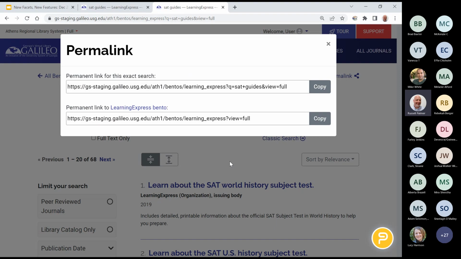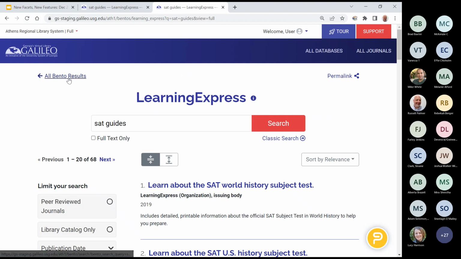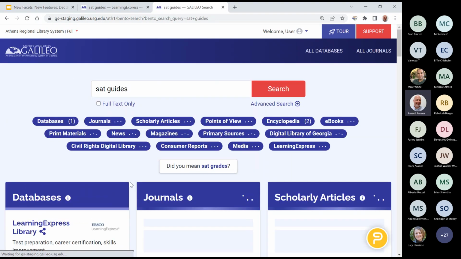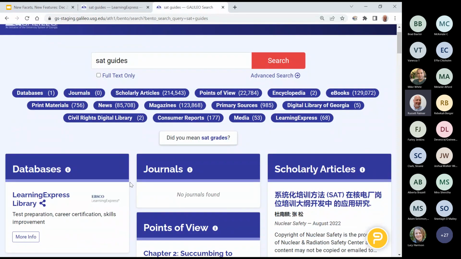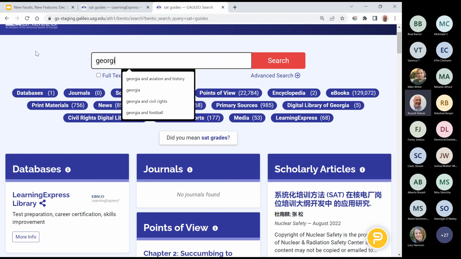I am a faculty member and I am teaching a class where I want students to specifically look at Georgia history materials, and I want them to really focus in on looking at primary sources. Obviously, SAT guides isn't where I'm going to go. I'm going to be fun and